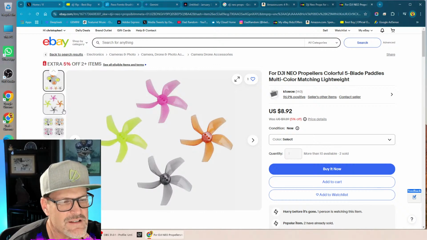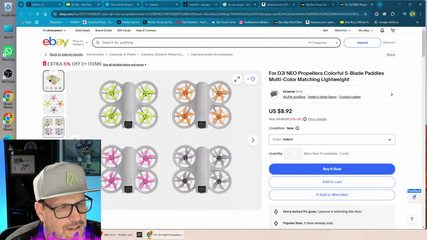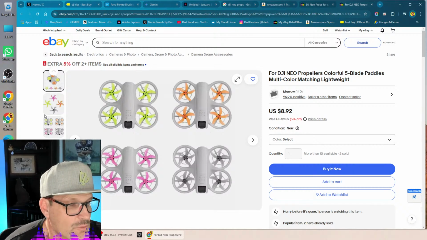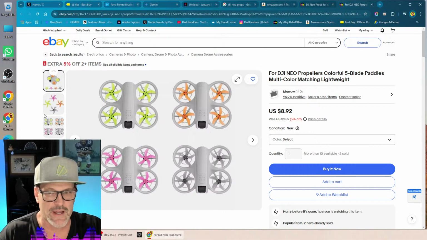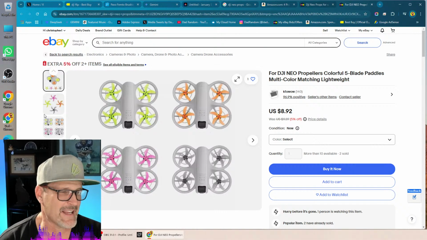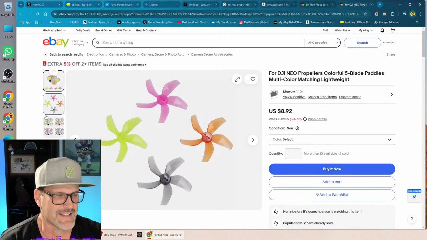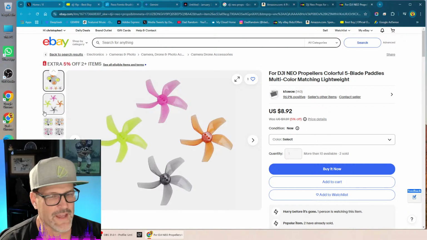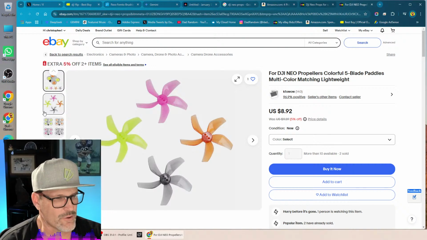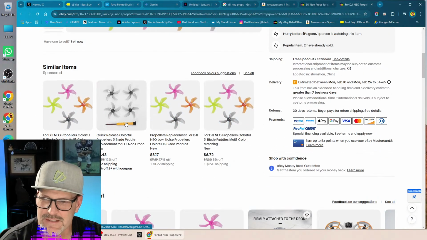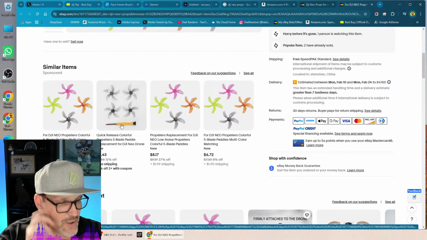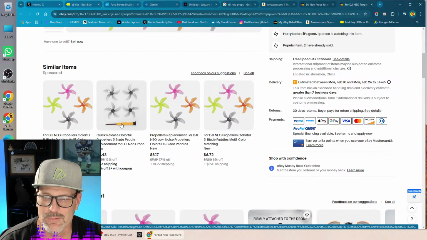So let's see. If you look at the RCDF jets, Evolution 3 years of quieter and more scale-like sound, more blades. For example, jets 5 blades to 12. But this is something we can do, right? We can try that. I'm willing to do this. Guys, this is an $8 test. It's not hard. I just want to make sure that they come with screws, that the screws and everything fit. So I would have to look. This says it comes with a screwdriver, so hopefully it comes with the correct screws. That to me would be really important.